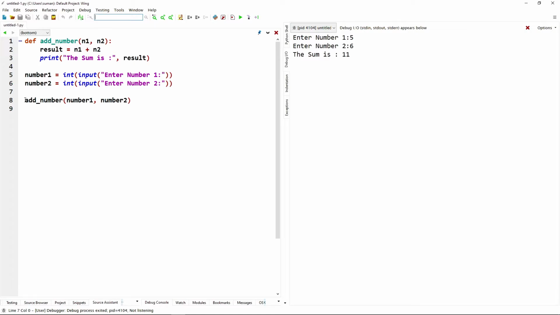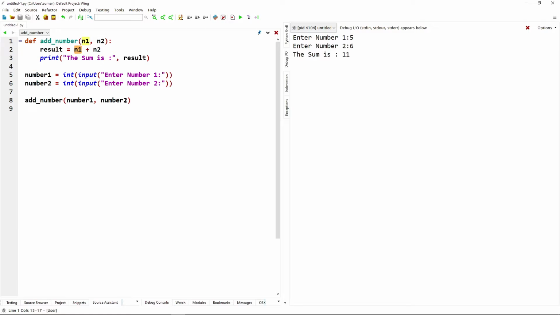Here at first the add_number function call is happening, then the argument number1 that has been taken from the user in the number1 variable is passing to the parameter n1.